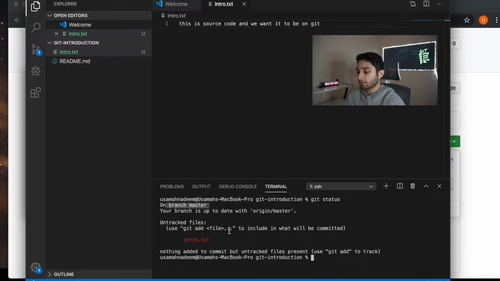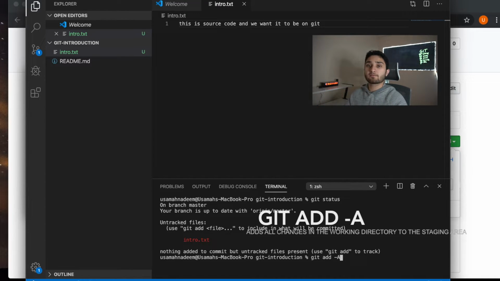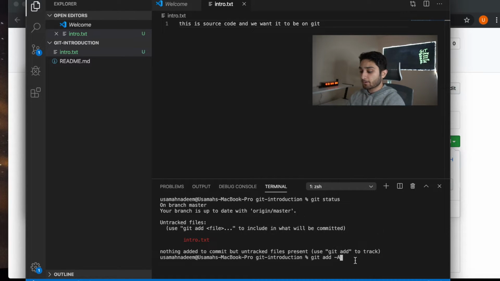So what we're going to do is push this new file to our Git repo, and we're going to do that by saying git add -a, and this will add all of our changes to staging. So it will enter staging, we will then commit it, and then we will push it. That's the workflow when you pull down code, make some changes, and want to push it back up: you have to first stage your changes, commit your changes, and push your changes. So the first thing we're going to do is git add -a,